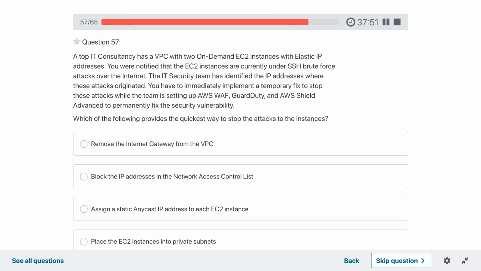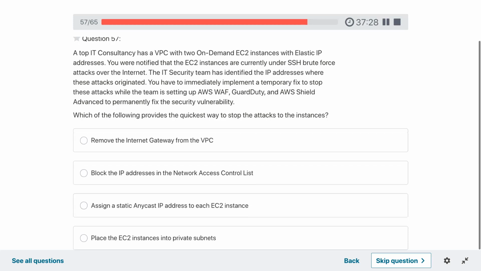You have to immediately implement a temporary fix to stop these attacks while the team is setting up AWS WAF, GuardDuty and AWS Shield Advanced to permanently fix the security vulnerability. Which of the following provides the quickest way? Block the IP in network ACL.